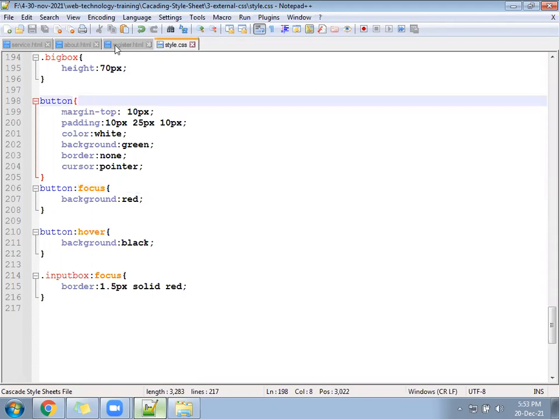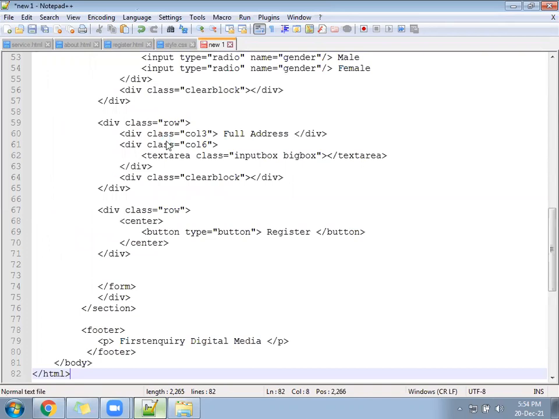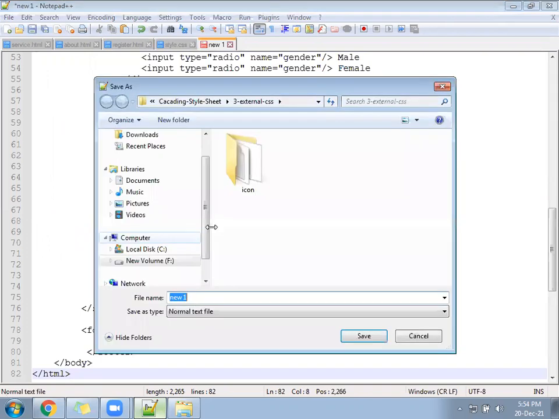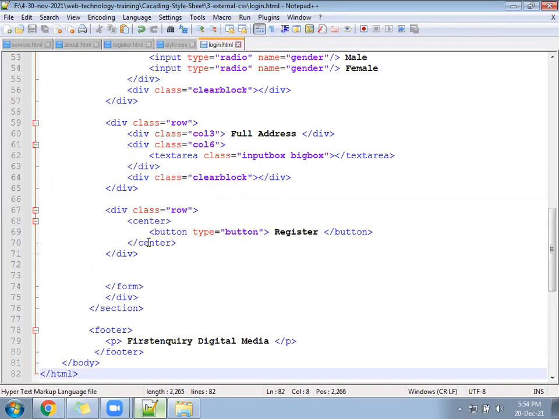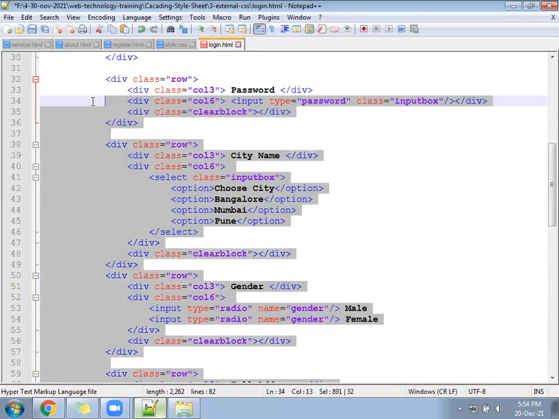Login page, we can take a copy of register. Login.html. And the button you can convert into login. Delete all, keep email and password.